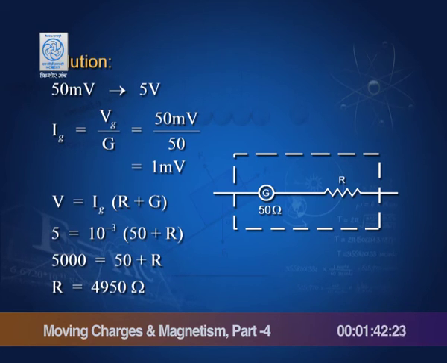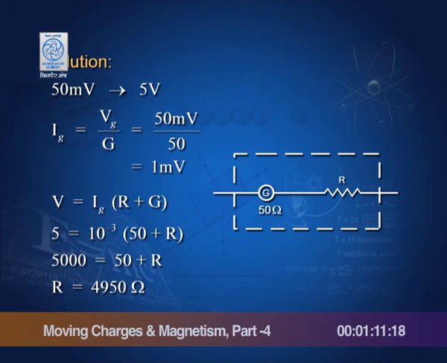We know the maximum potential difference measured by the voltmeter V equals Ig into R plus G. So, substituting the values of V, Ig and the galvanometer resistance G, we get 5 equals 10 to the power minus 3 into 50 plus R. So, that means 5000 equals 50 plus R, that is, R equals